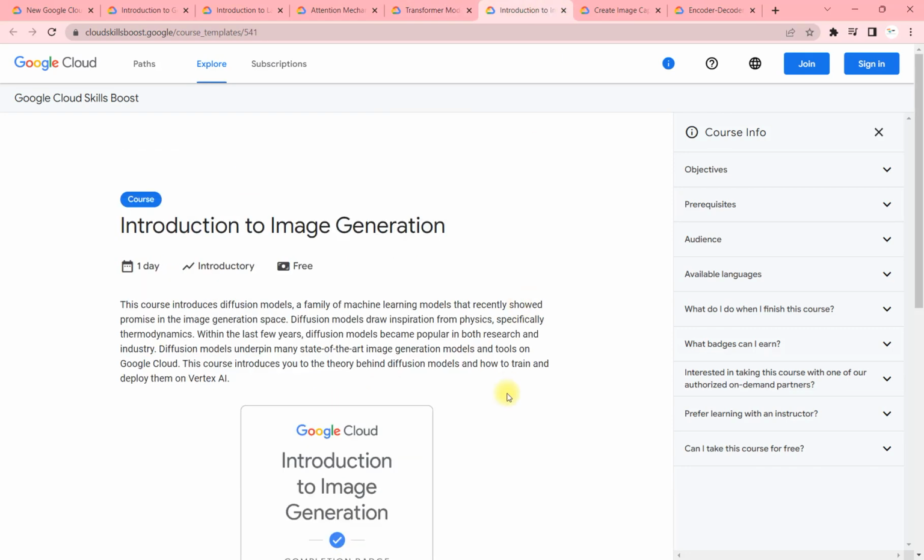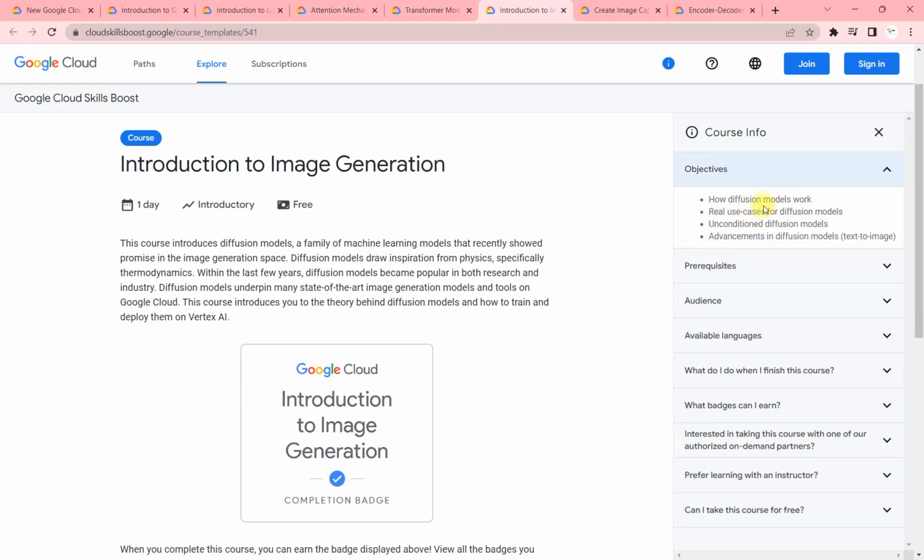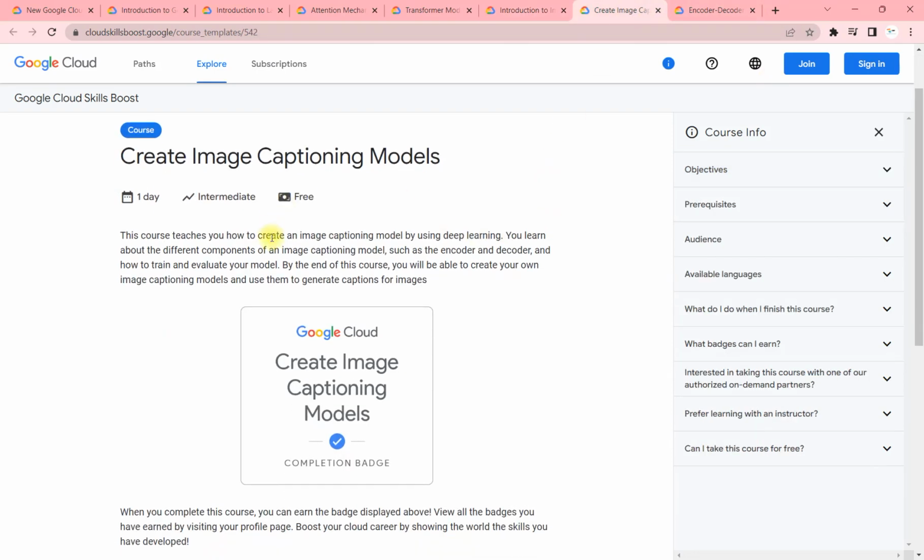Next is related to image generation, how images are generated. Here you will learn how diffusion models work. If you go through OpenAI, there is a diffusion algorithm there. I have gone through that one, just helping you understand how it is going to help you learn AI. So this is just a path to cover everything.